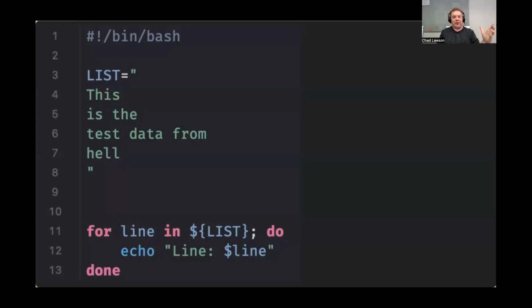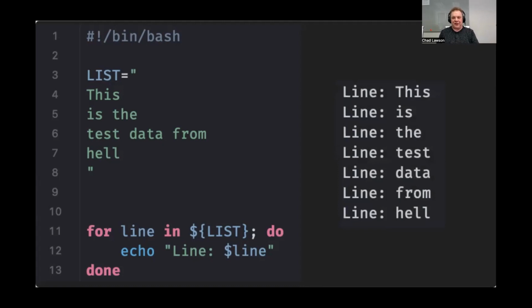You pull information from some source and you assign it to a variable, whether that be pulling down a list of buildings and departments from the API and putting it into a list that I can then display. Sometimes any particular element within the array has one word. Sometimes it has more than one word. How do you separate out each particular element? Bash, by default, has an internal field separator of white space. So running this code as it is, you wind up with a mess like this. Each word, not each line, each word becomes its own line. And that's not what I want.